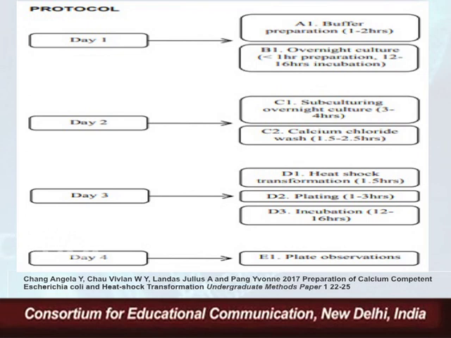And then finally they are plated onto an LB plate so as to select the cells which contain the plasmid, or the recombinant DNA. So we go in for the selection procedure. We are talking right now about the transformation procedure. Transformation is the entry of the plasmid into the bacterial cell.